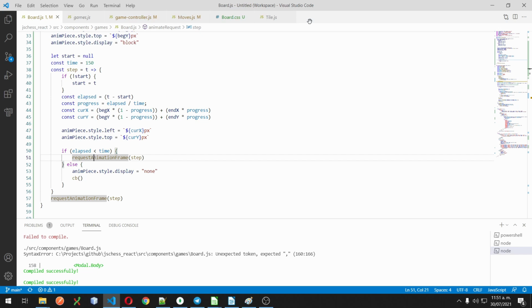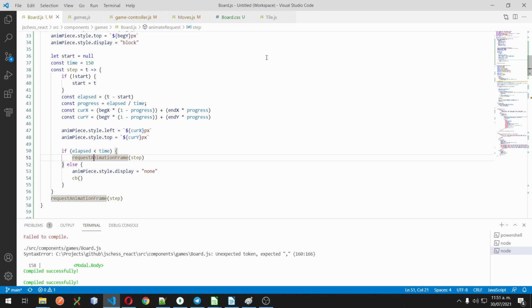By doing it manually, we are forcing it to draw something that maybe it's not ready to draw, or it can't draw at that time. But with request animation frame, we're asking the browser when it's going to be the best time to do so.